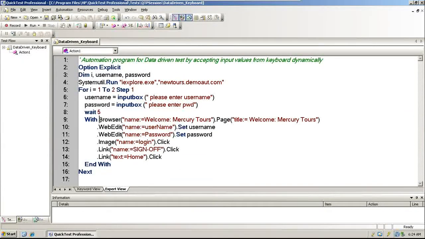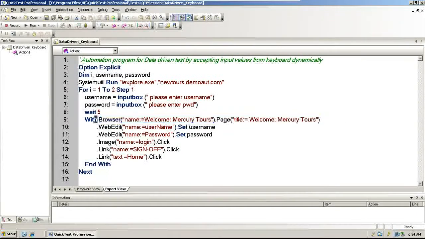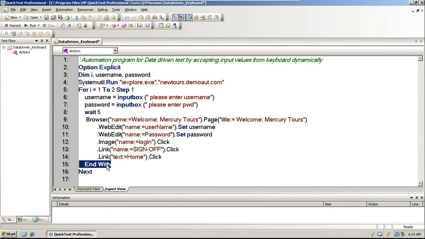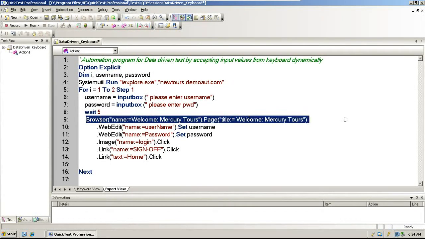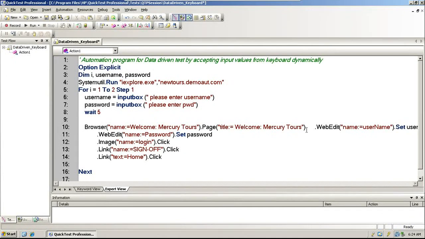So whatever you want to repeat, you put it in the With. So this is what I want to repeat. Without With, I can also write this, if you are getting confused, then I can simply show you. So this is the one line.